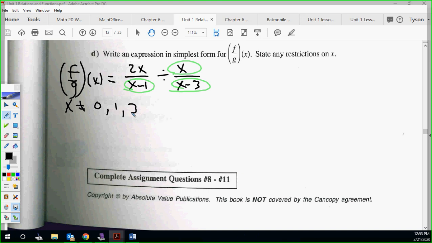And we're going to try to simplify this. Flip. So we're going to go 2x over x minus 1 times x minus 3 over x. You get a nice little x cancel here. 2x minus 6 top over x minus 1. You can pull that 2 back out if you'd like, but that would be the simplified expression there. So again, your non-permissibles are 0, 1, and